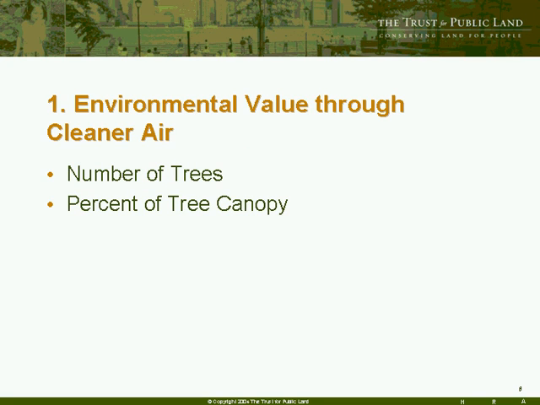First, we looked at the environmental value that parks provide through cleaner air. And this is mainly through the trees that are in parks. And we looked at aerial photographs and then judged the amount of trees and how much air is being cleaned, sort of depolluted, I guess, through the trees. And here's a picture of Golden Gate Park in San Francisco, and you can see just the amount of green and all the trees that are sitting there in the middle of that dense urban environment. And there is some economic value to those trees